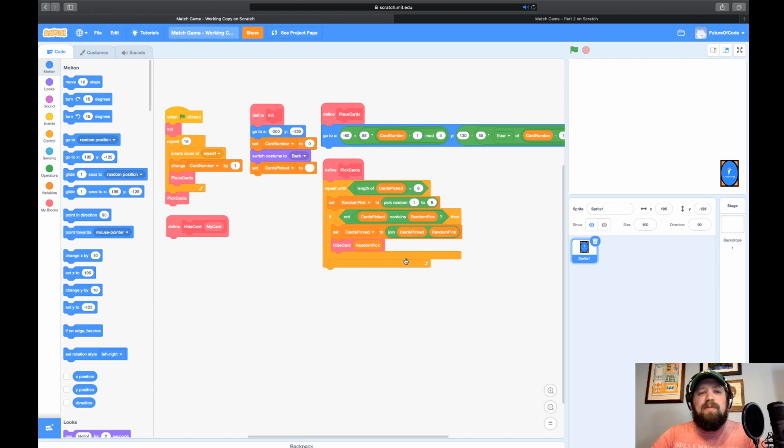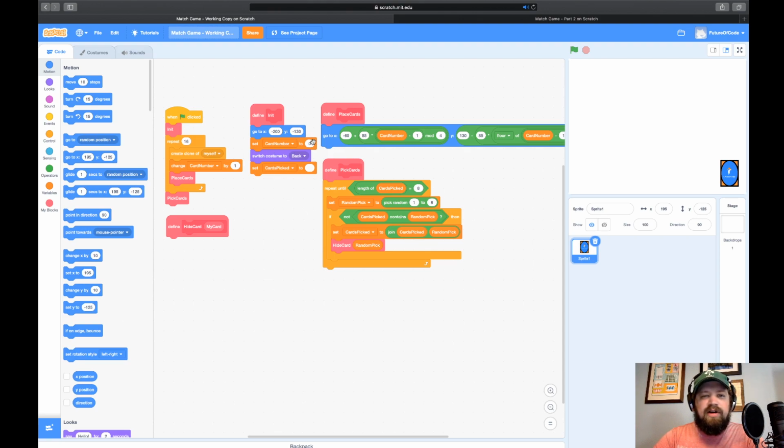And this is what we came up with. We're going to start with our main function here, which is when green flag is clicked. This is where the whole program starts off. First thing we're going to do is initialize everything on our game that needs initializing. This means resetting the score to 0 maybe, or moving characters to the right places. In this case, we're taking the card and moving it to the bottom left-hand corner.